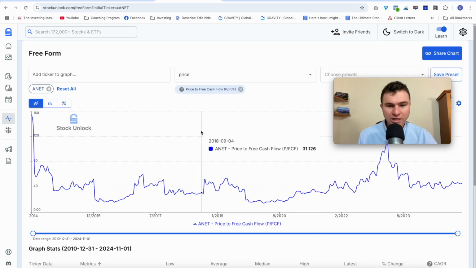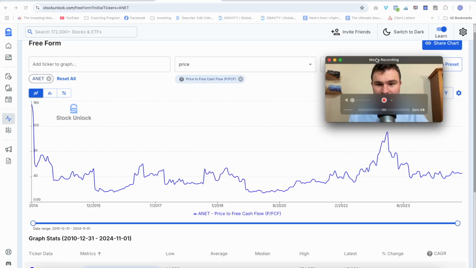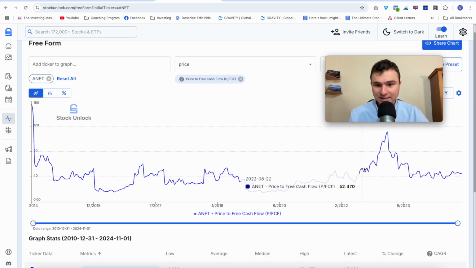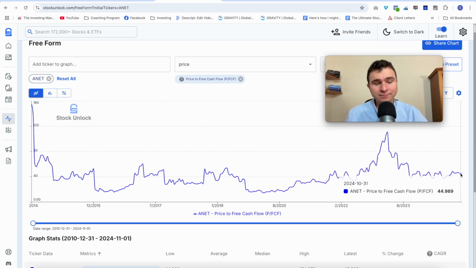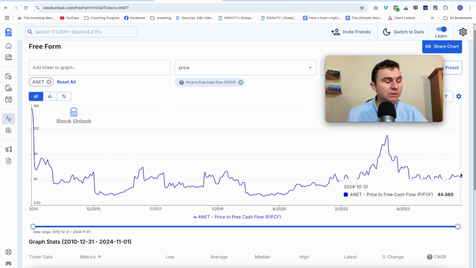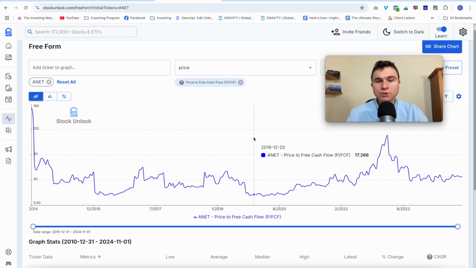Let's check the price to free cash flow. Again, same pattern. We saw some cyclicality, some ups and downs, and after this, it's going up. Price to free cash flow at 45. A bit expensive. Check the competition. If they have a main competitor in the US also, is the competitor priced at a high valuation? Maybe that's the case.